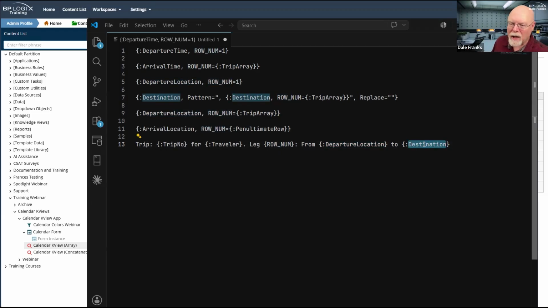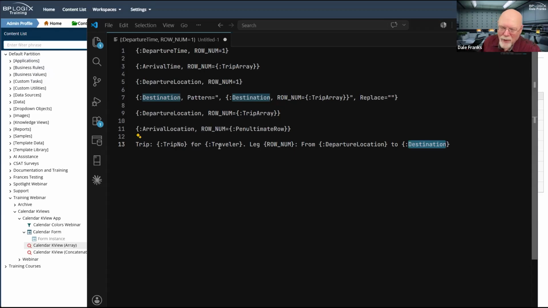And this is where it gets a little bit tricky as to what I'm going to choose for the destination field. That's why I have those 3 different methods of getting the destination field. I can show you all of the destinations other than the return. I can show you all of the destinations including the return, or I can show the penultimate destination, which was the last place that my trip stopped at, because I now have those 3 options available to me for determining how I want to label my calendar event. I have to label my calendar event with something, or else it's just a colored block on a calendar that doesn't tell me anything.